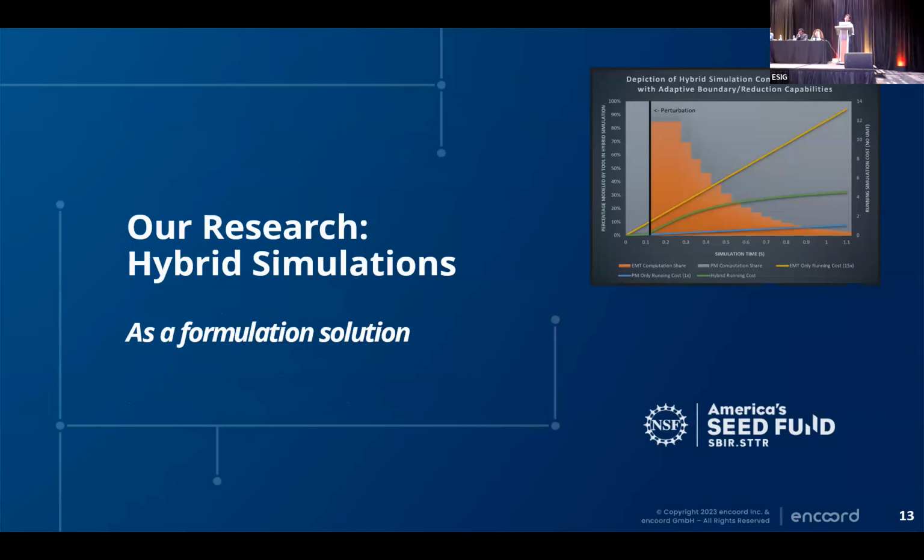I didn't mention it before, but actually, when I ran the simulation approximating the filter and the current controllers, it was about a 50% reduction in computation speed. So there would have been a lot of savings if I had known that I could reduce those devices when I didn't need that detail, right? There's a nice little image up there to show you what's going on.